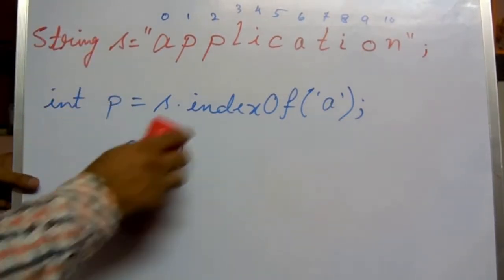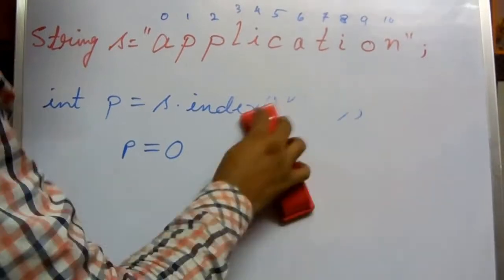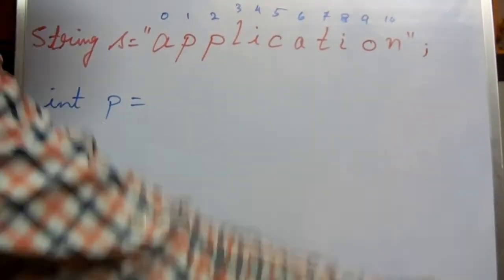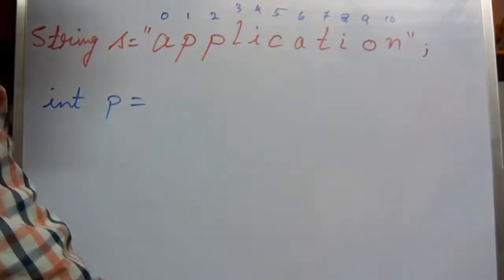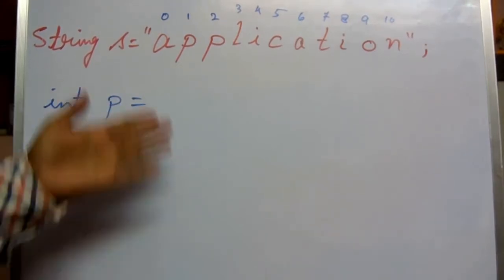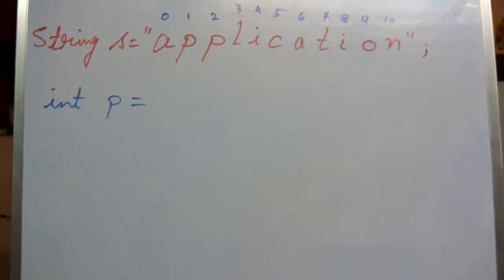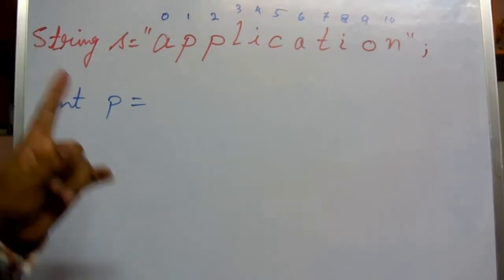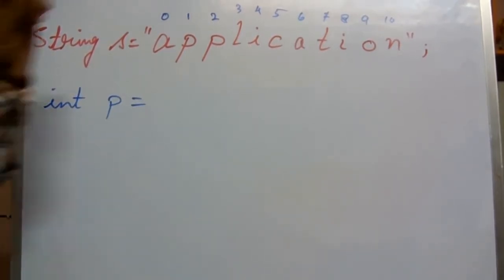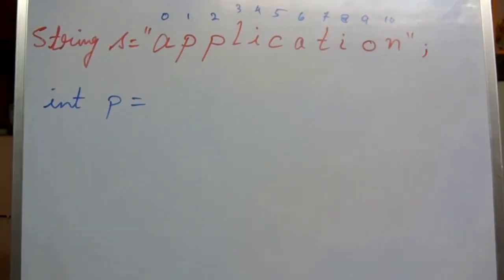Now one more: the second method today is lastIndexOf. What is the lastIndexOf method? The lastIndexOf method also finds the index or position value and returns it in integer form, like the indexOf operator, but it finds the last occurrence. It works with the last occurrence of that particular character.